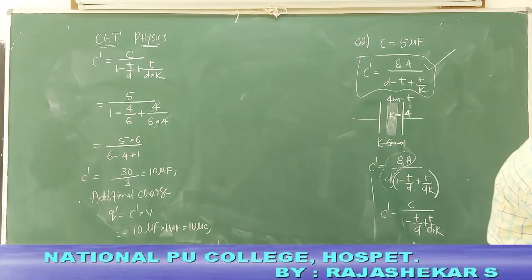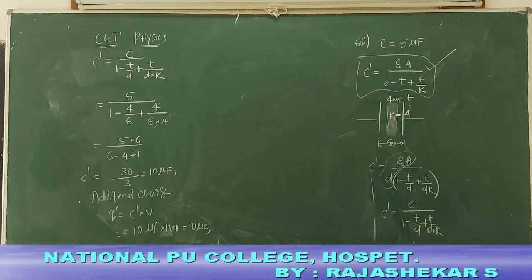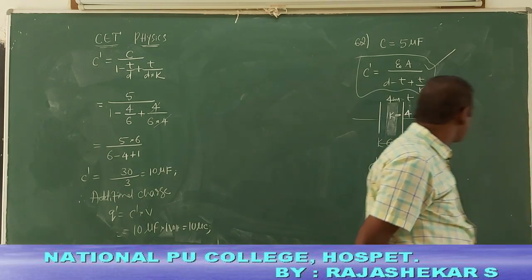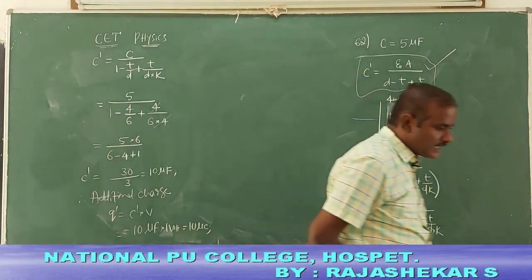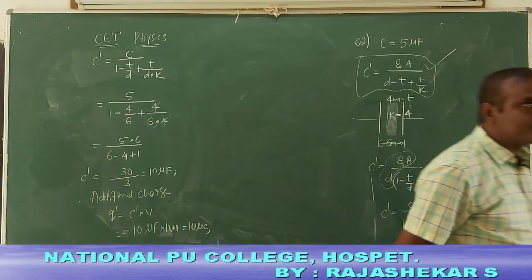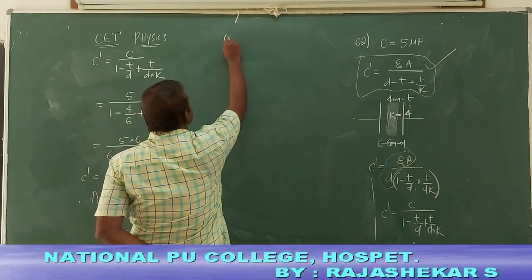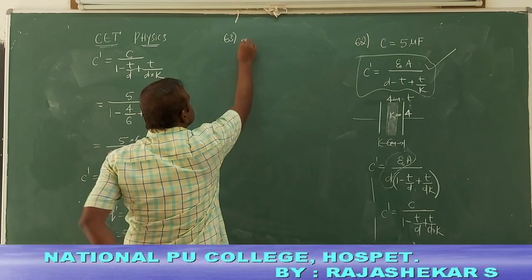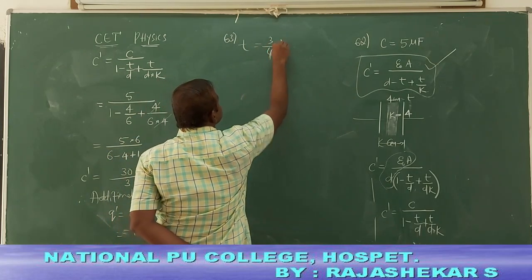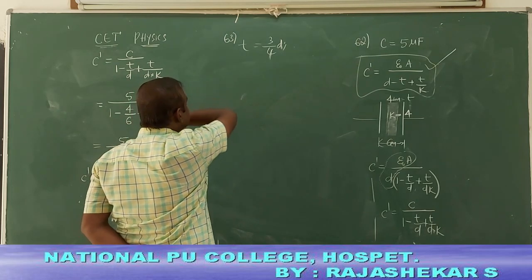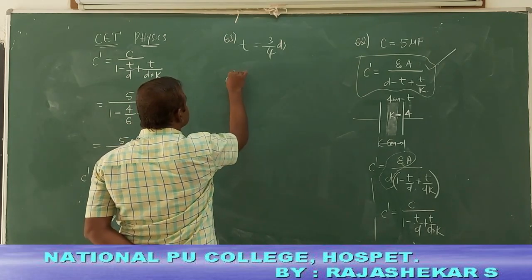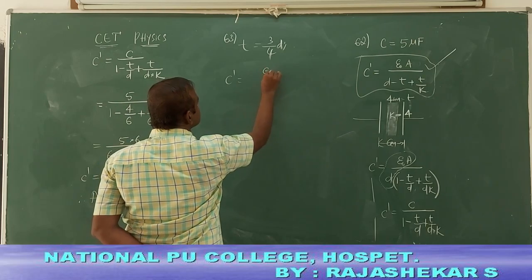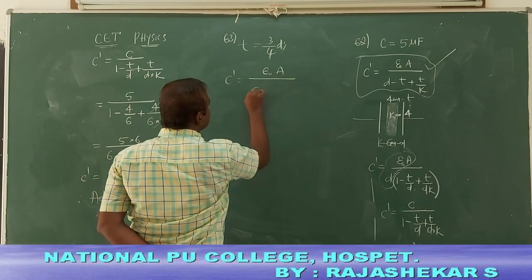Well, students, the 63rd question also follows on the same, where thickness is 3/4 of d. The change in the capacitance when the slab is inserted between the plates, the new capacitance. Distance between the plates is d and thickness is 3/4 of d. For the same arrangement, if thickness is given as 3/4 of d and dielectric constant K between the plates, using the same formula,